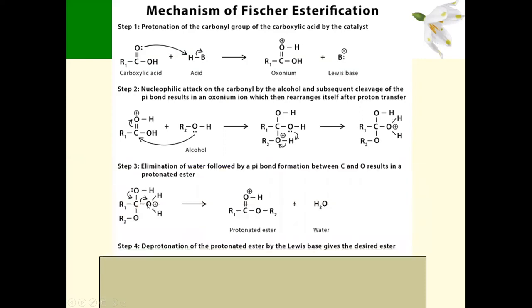So in step 3, the water molecule leaves. So this pair of electrons moves onto the oxygen. And at the same time, we reform the carbonyl carbon-oxygen double bond. Okay. And so I've got rid of my water. I spit out the water molecule. And so now I've got that characteristic ester bond, the carbonyl with the oxygen and the other carbon-containing group. I've still got this proton on the oxygen in the formal positive charge, but don't worry, that's going to go